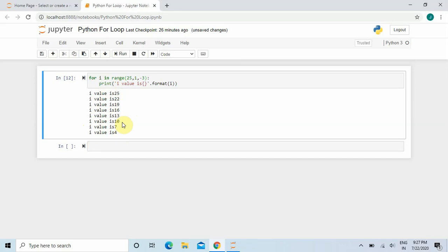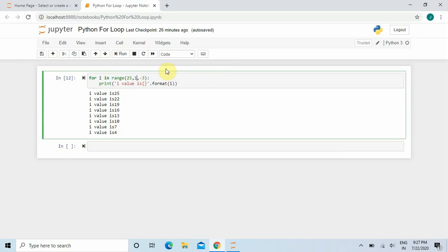So why is it not showing 1 in this case? Because you can see here that if we subtract 3 from 4, then it is giving us 1. But we know that the range function will go up to the starting value to up to n minus 1 term. Since I have given the end value as 1, and since I am reversing the order, it will go up to 2.